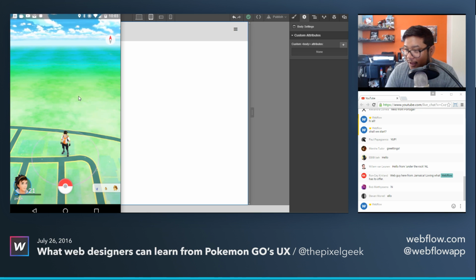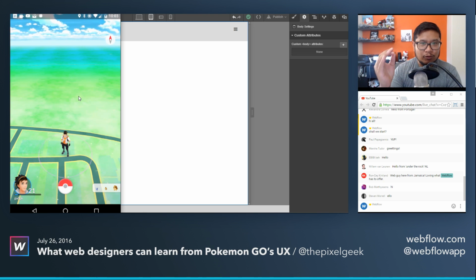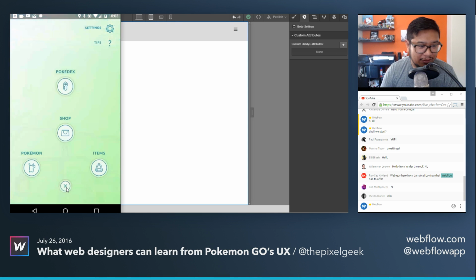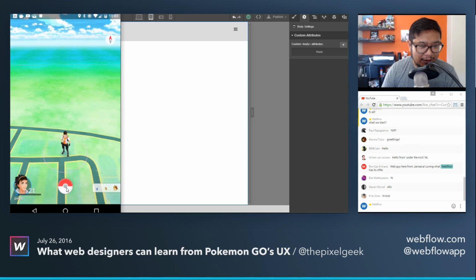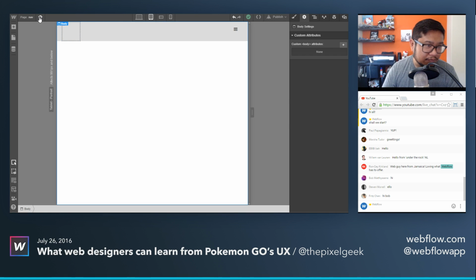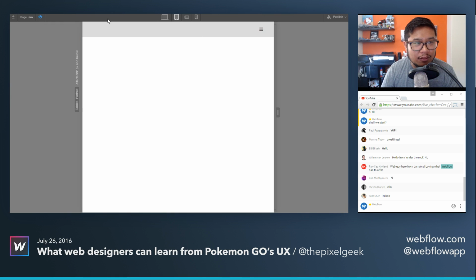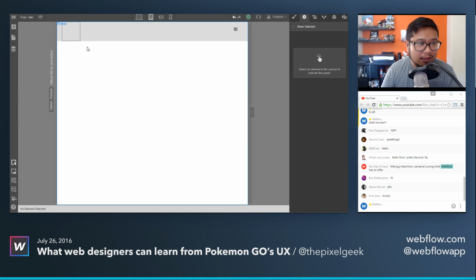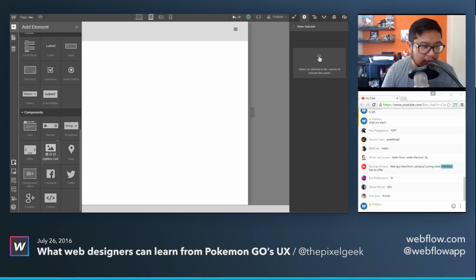So yeah, the most important part that I like about the Pokemon Go UI, the whole layout, is this guy right here, the Pokeball. Now, I've noticed that a lot of websites like to use the hamburger menu at the top right. Now, even Webflow has this, where the default nav bar component, if you go here, this guy right here,